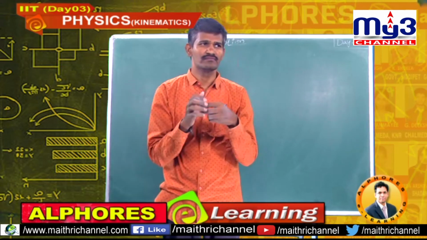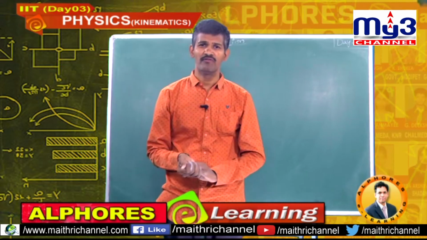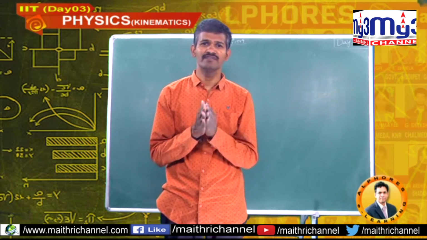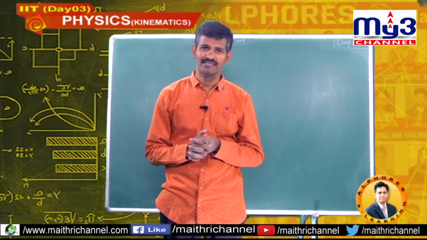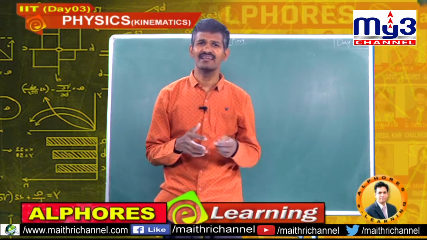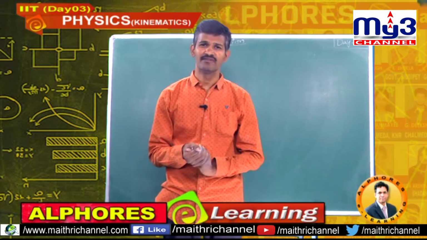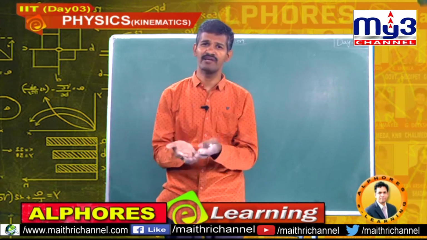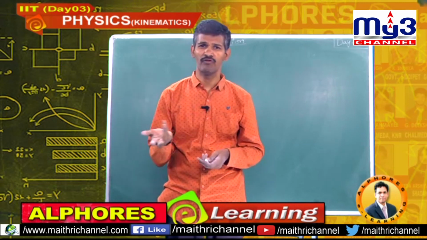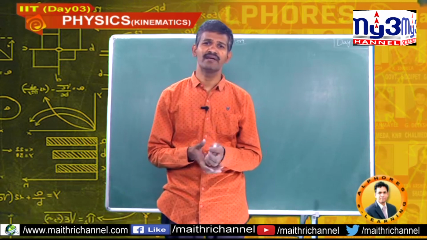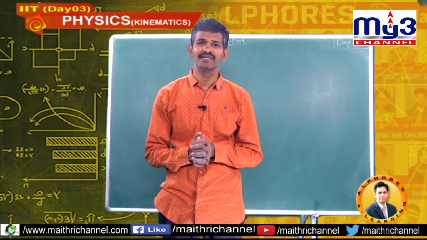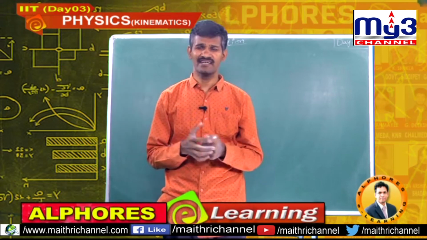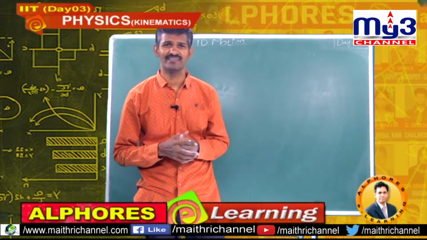So the match will not be uniform. Why? Because the uniformity of the match is, if for every ball the batsman takes 1 run, that is a uniform match. Generally, a match will not be uniform. It goes as a non-uniform match. For one ball it may go for 6, the next ball it may be out, the third ball it may be 4, or on the fourth ball there may not be any run. So that is a non-uniform match. Only non-uniform matches are interesting. Uniform matches are not interesting.